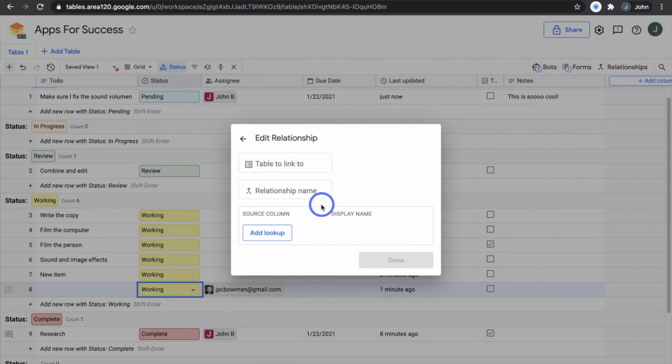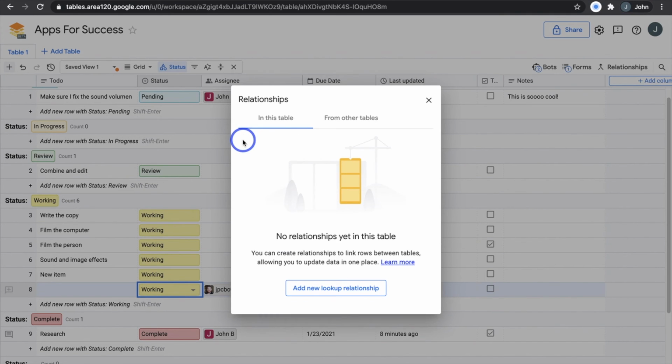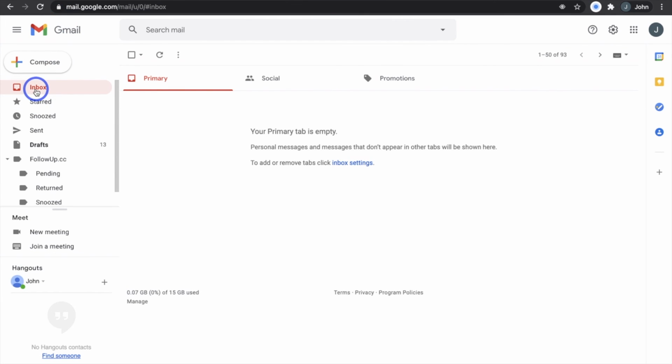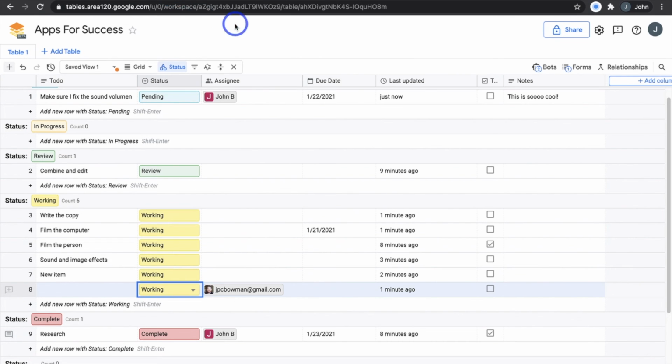Now, I'm not going to go too in depth here because frankly, I'm not a database administrator. I'm not really great about that, but just know that you can come in and you can update the relationships between the things that you work on as well. So if we come in here, there we go. All right. So this is just a basic example of a task management platform that you can use inside of